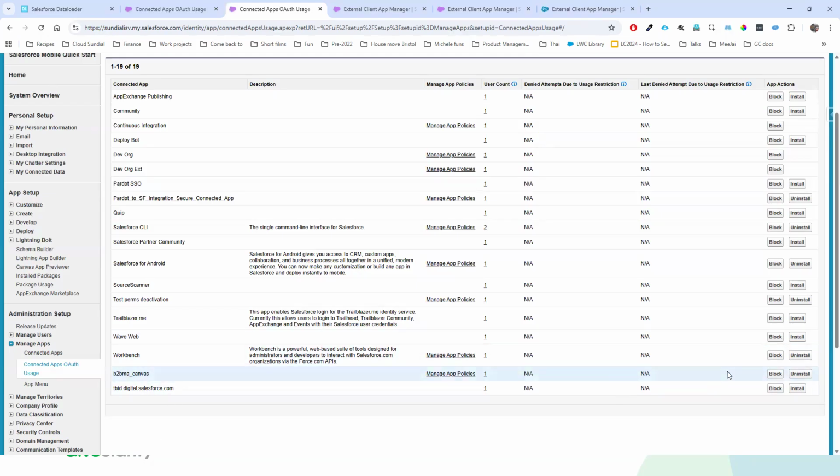It's also an option to go one stage further. If there's an app that you want to actively send the message that it should really never be used, there's an opportunity to block it there. If a connected app is installed and it's known to be a security risk, it's probably a better idea to block it, which will stop anybody from being able to reauthorize it in future, even if they've got the permission to reauthorize apps.